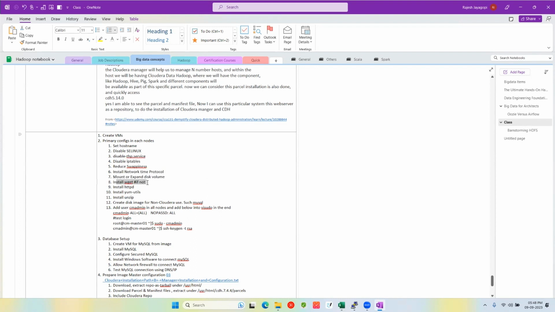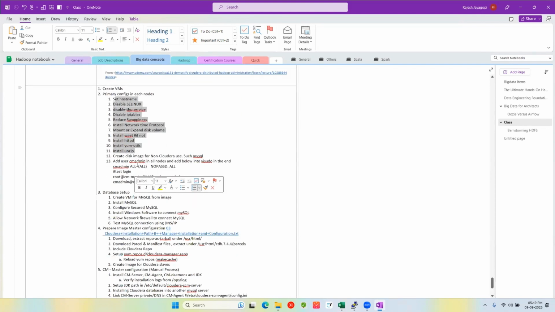And in case wget is not installed, we are going to install it. wget is used to download any file from the internet. And the HTTPD service is going to help set up a local web server. It is like IIS in Windows, and like the Tomcat server in Java. So these are additional things we need; we will do that. So once all these things are done,